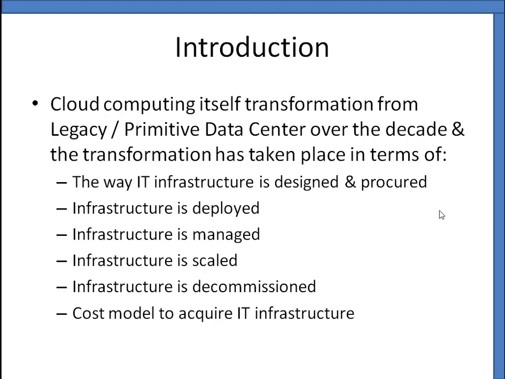As you are aware, cloud computing itself is a transformation from a legacy or primitive data center to its present state over the decade. The transformation has taken place in the way the IT infrastructure is designed and procured, deployed, managed, scaled, and decommissioned. Also in the cost model for acquiring IT equipment, and for operating it. In all these areas mentioned in the bulleted points, a transformation has taken place